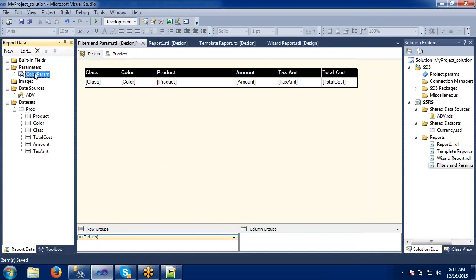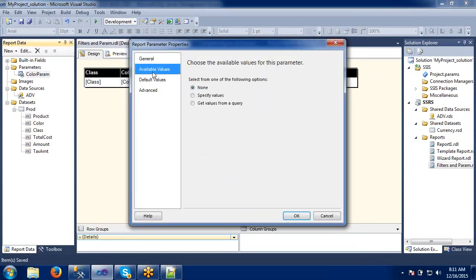Before this, we can specify some values also here.